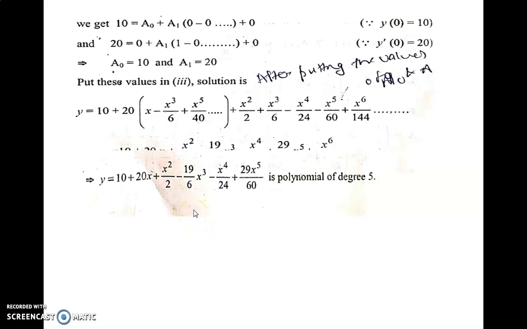Now we have done the 3 types of power series method. First type was that we have to find the series solution about 0 as an ordinary point. Type 2 was what? About some point except 0. We have to find the series solution about 2, 3, 4 or any other point. And type third was that it can be from type 1 and 2 also, but here we have given initial values. So this is all about the power series method.